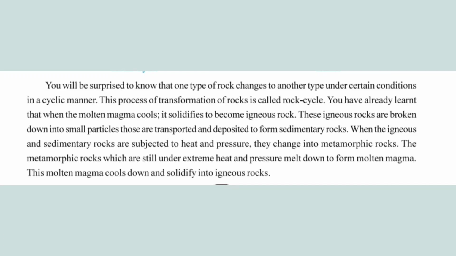Now what would happen once the metamorphic rock is formed? It would be compressed to a point that it translates to a melting state, and the melting state would again form magma and the eruption of a volcano, and this cycle keeps on continuing. Therefore, I can say the rock cycle is mainly a transformation from one rock structure to another rock structure.